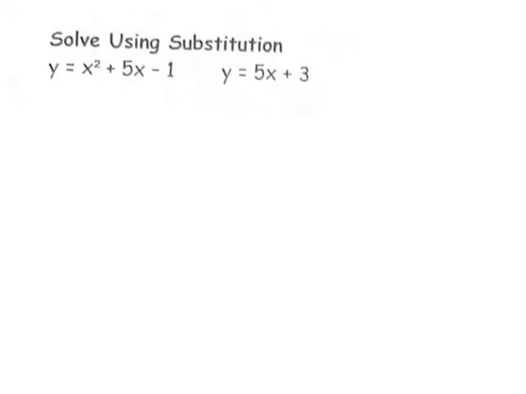Let's take a look at one last way to solve our systems of linear quadratic equations, and that's through substitution. So remember, when we substitute, you put in y for y, x for x. When we look at these two equations, they're already both isolated for y. So we can substitute in x squared plus 5x minus 1 in for y on the second equation. That'll give us x squared plus 5x minus 1